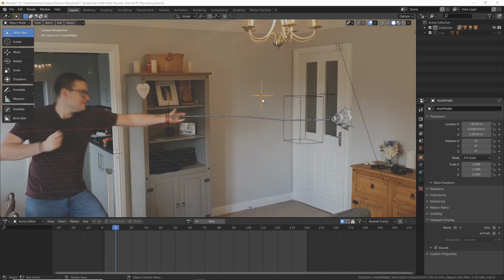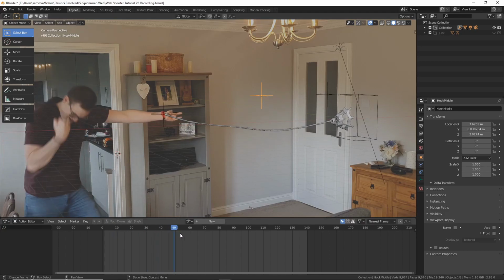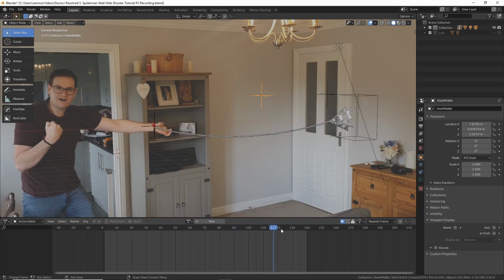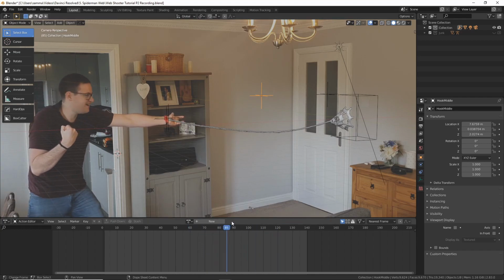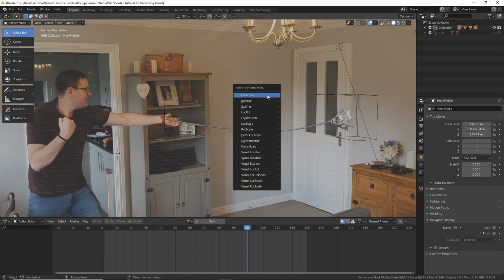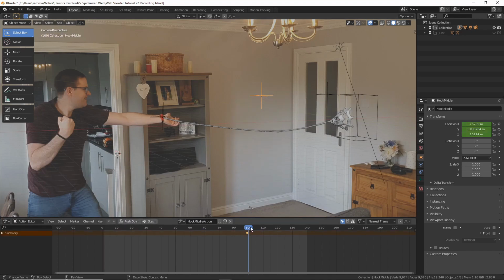So with the hook modifiers, we can now also animate the web manually if we want things to look a little more natural. So as the arm pulls away, you'd expect the web to go a little bit more tense. So what we can do is grab these hook modifiers here, and as you can see, we've got individual control over these different parts. So I would say maybe go to just before the arm starts moving, for example, click on our hook there and press I, and then set a keyframe for the location,